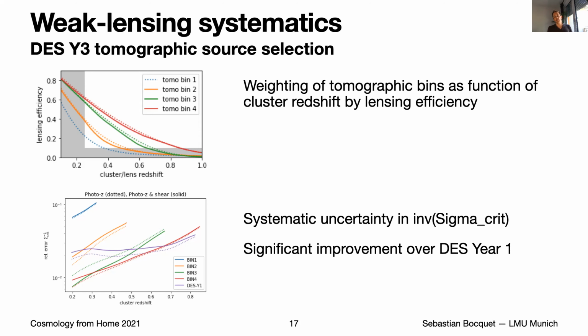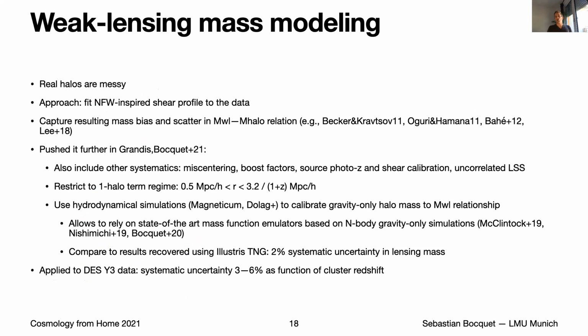So the last ingredient before we can do a cluster cosmology analysis is the so-called weak lensing mass model. So the idea is the following. As you all know, real halos are messy. The approach we use in fitting is that we fit something like an NFW-inspired shear profile to the data. Obviously, as halos are not NFWs, there is a resulting mass bias and scatter in what we call the M weak lensing to M halo relation, and this has been recognized in a lot of